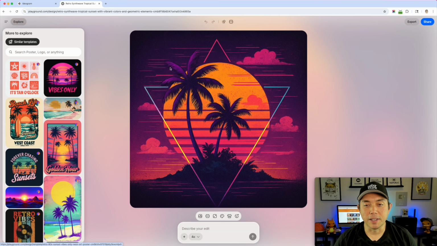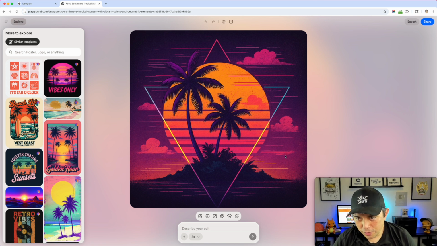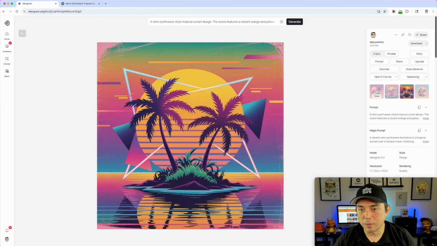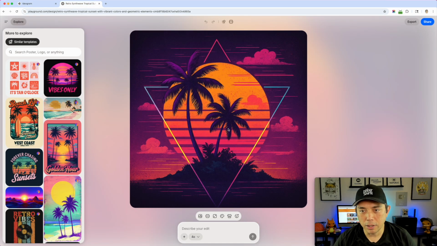Wow, this one did really well too. Check that out. I think this is kind of a tie. I like both of these. This one's really cool, as well as these right here. I think it depends whether you want a more vectorized looking one or more, I guess this is more stylistic, vintage, but I think both of these are really, really good.